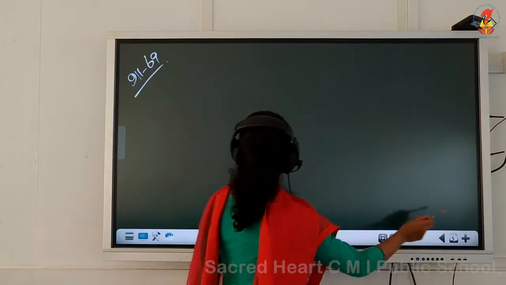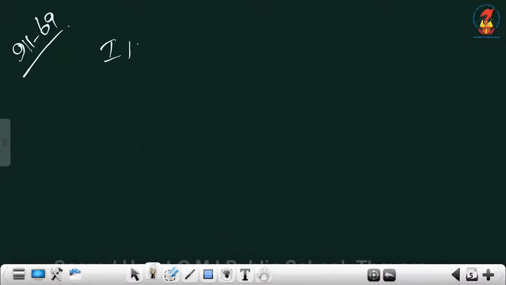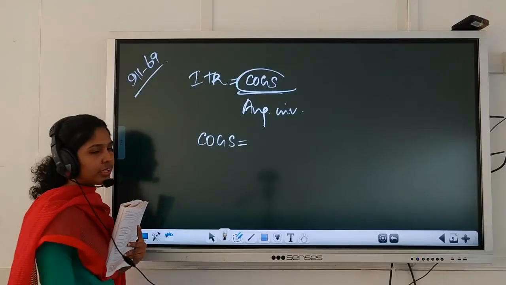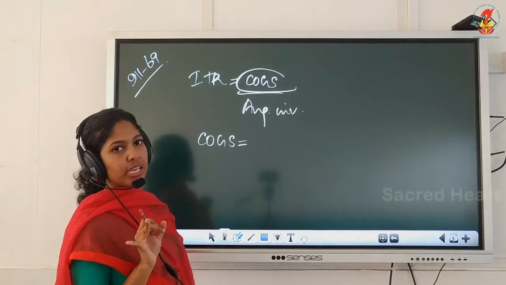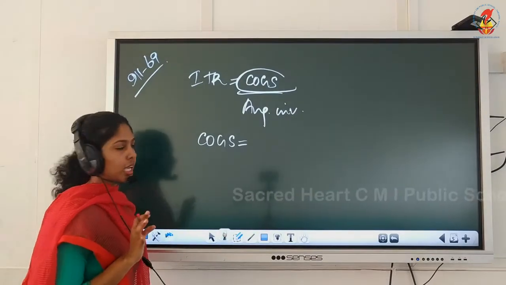Okay, we'll continue that. That is illustration 69. We have to get inventory turnover ratio, which is equal to cost of goods sold divided by average inventory. Everywhere you must repeat the formula. What you have is revenue from operations, which is not cost of goods sold. So you have to get cost of goods sold from the given information first. Two formulas we learnt: either you use net sales minus gross profit, or you use opening inventory plus net purchases plus direct expenses minus closing stock.